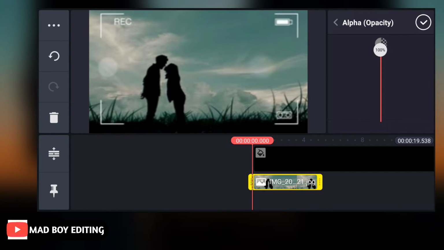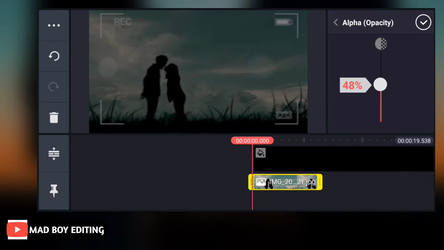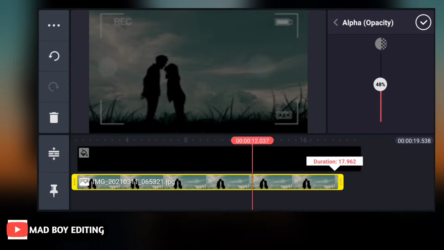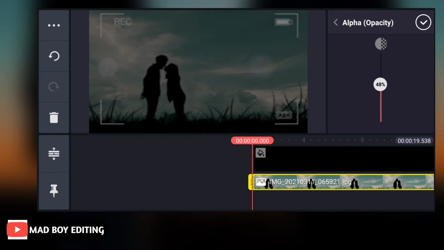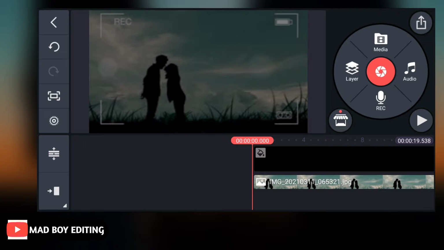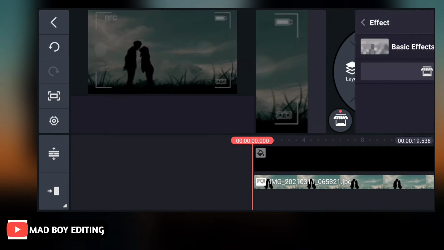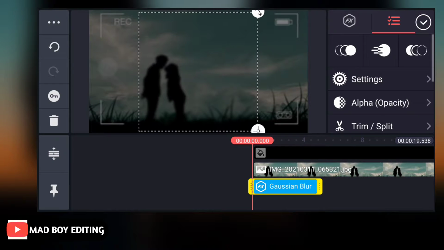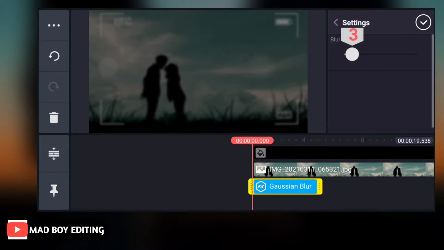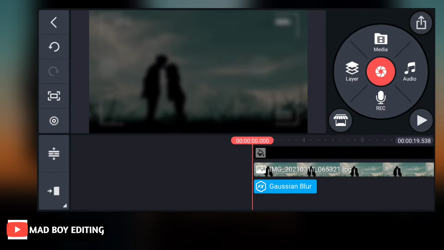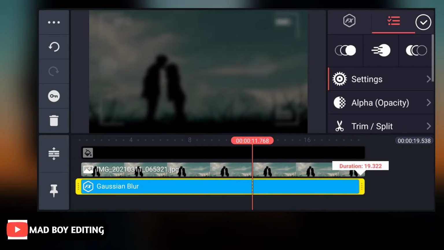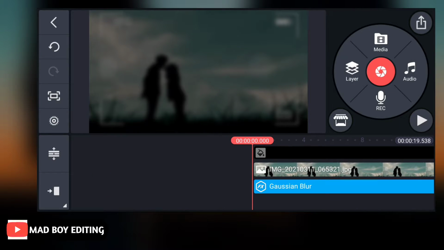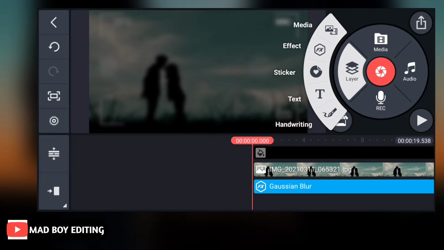Then go to alpha and decrease alpha up to 48%. Then increase length up to black background. Then go to effect and select basic effects and Gaussian blur and fit to the screen, setting up to 1 and increase the length. Again go media